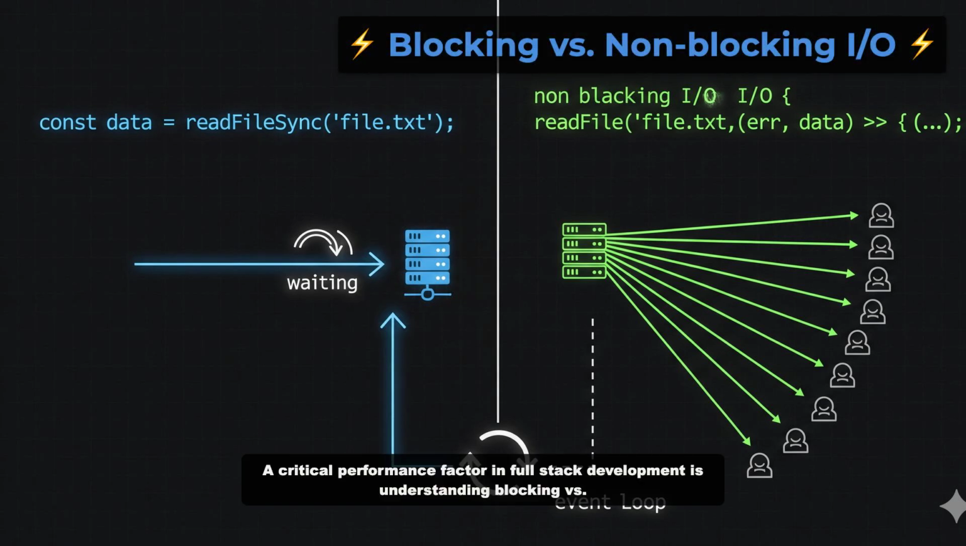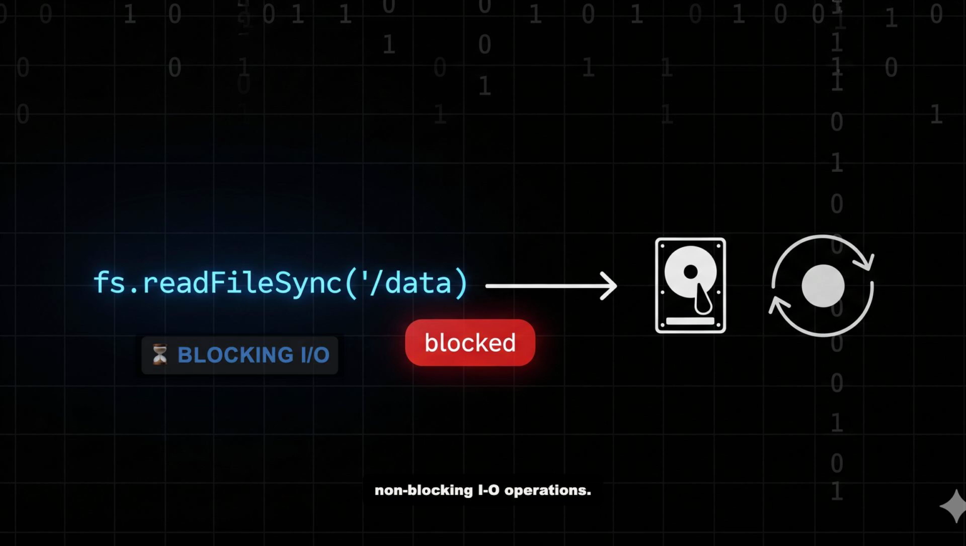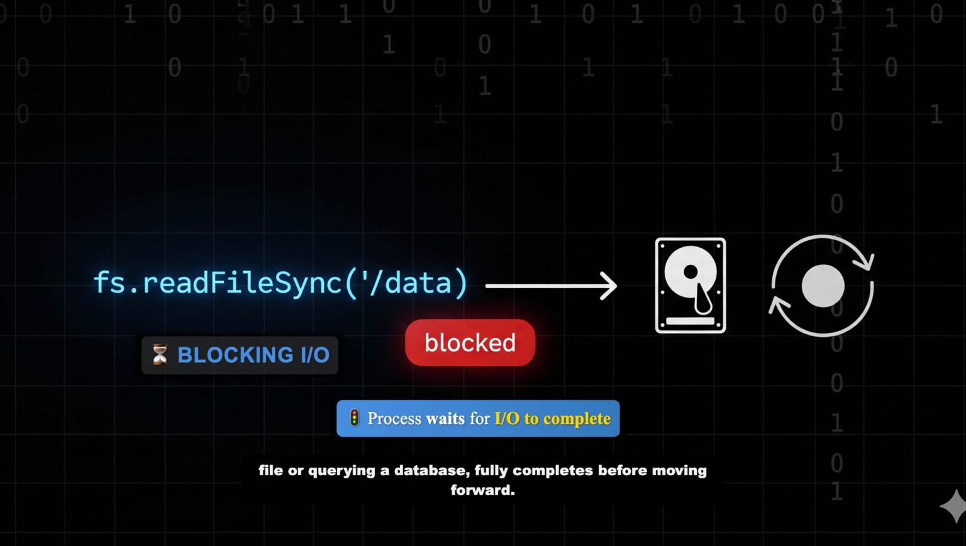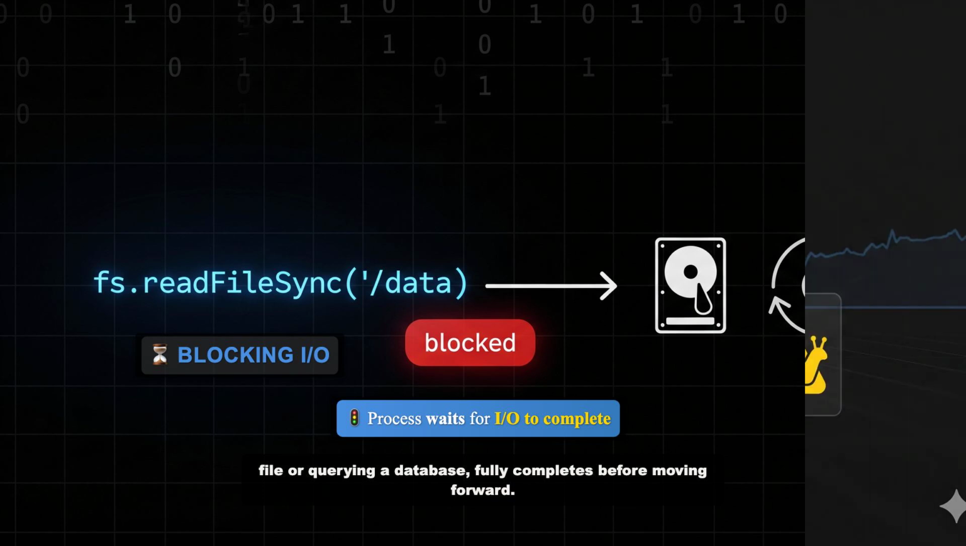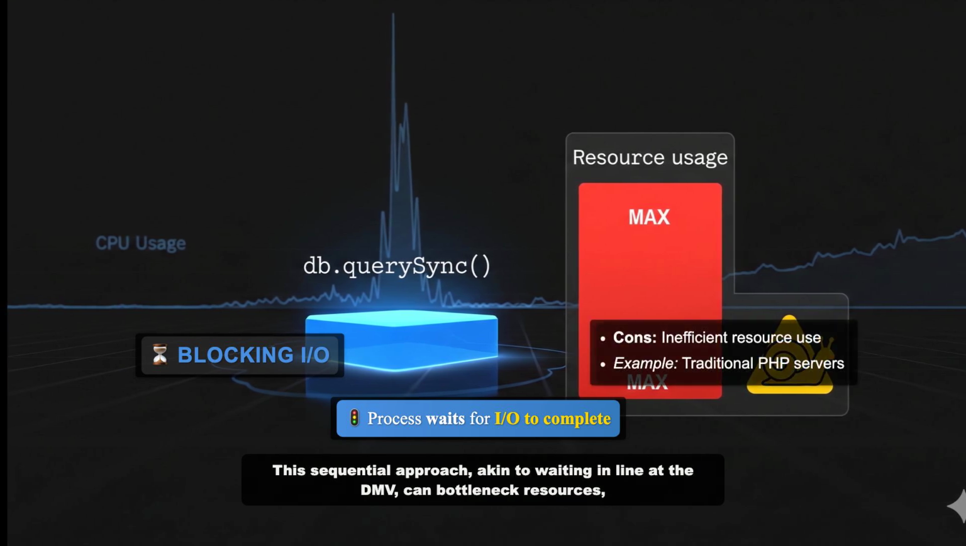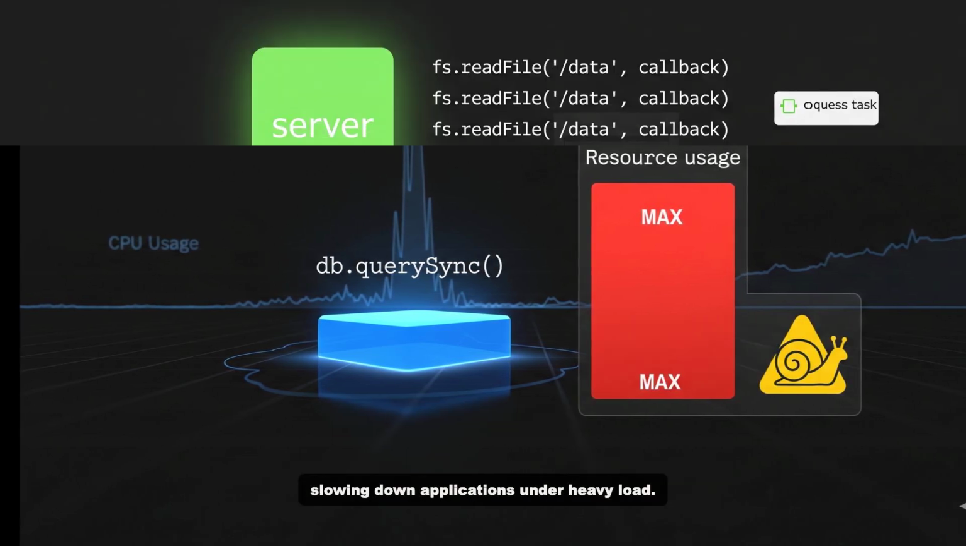A critical performance factor in full-stack development is understanding blocking versus non-blocking I/O operations. Blocking I/O forces a process to wait until the input-output operation, like reading a file or querying a database, fully completes before moving forward. This sequential approach, akin to waiting in line at the DMV, can bottleneck resources, slowing down